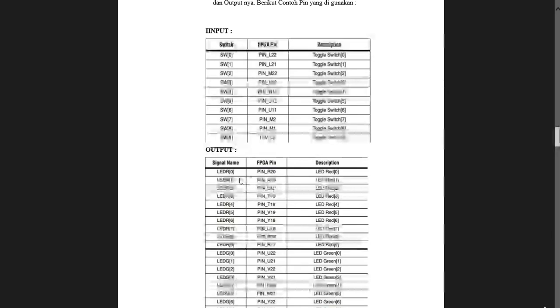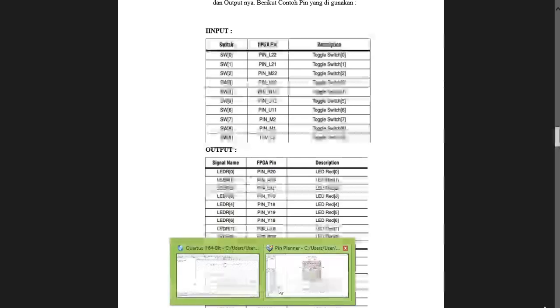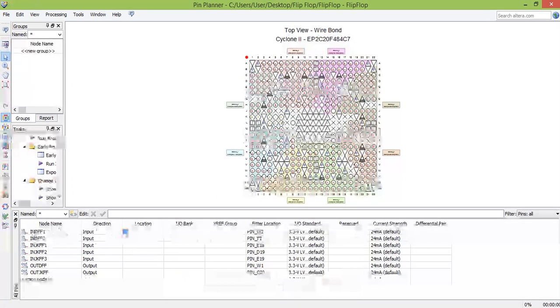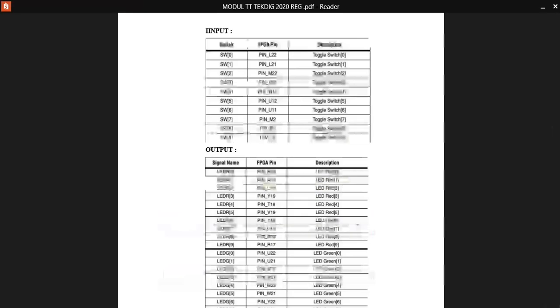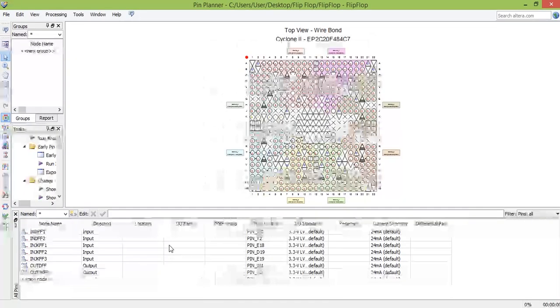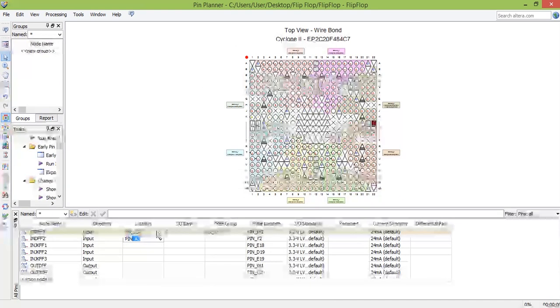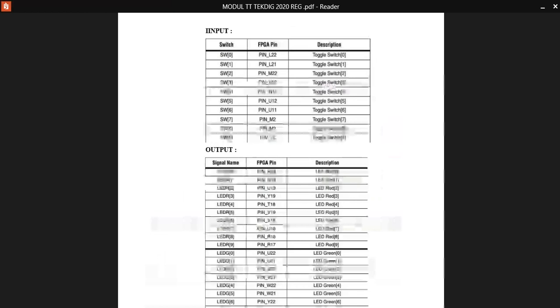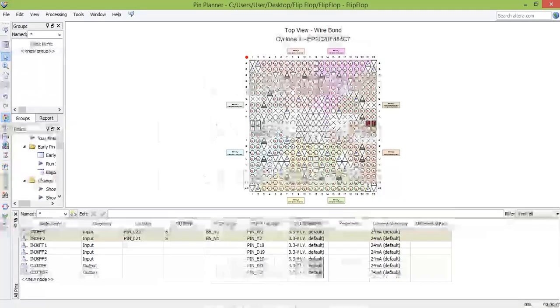after that we go back to the Pin Planner. So we can see this is an input, and this is an output. So we should match it in the module. Okay, I'm going to finish it. Pin L22, pin L22, pin L21, and then pin M22,